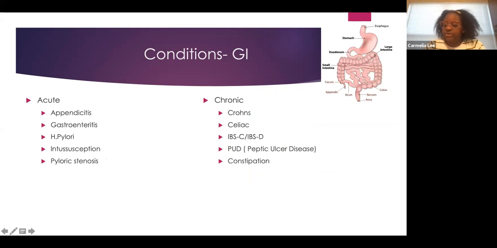Just like with our GU system, here are some complaints or diagnoses that are considered acute. So one being appendicitis, that sometimes is being treated more with IV antibiotics and delayed surgical intervention. These days, I know before, people would just have surgery. Now you're seeing more and more of IV antibiotics for a day or two and then surgery. So that would be considered an urgent or emergent condition.